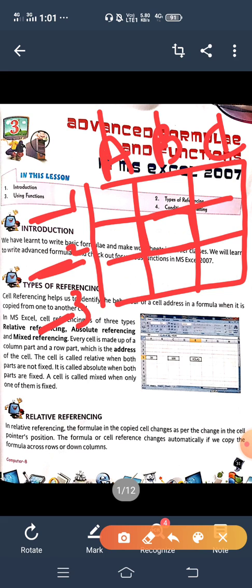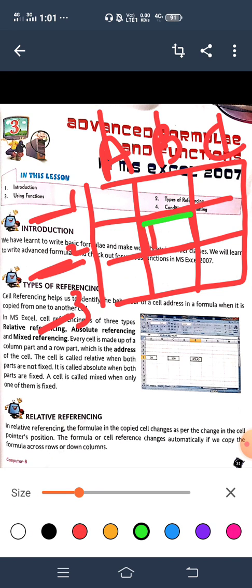Suppose I want to talk about this. This is a cell. If I am talking about this, this is also a cell. So, a cell is made up of the intersection of a row and a column. Means in a cell, there will be a row part and a column part. Each and every cell has its own address. Now, what is an address? Address is made up of a row and a column part.